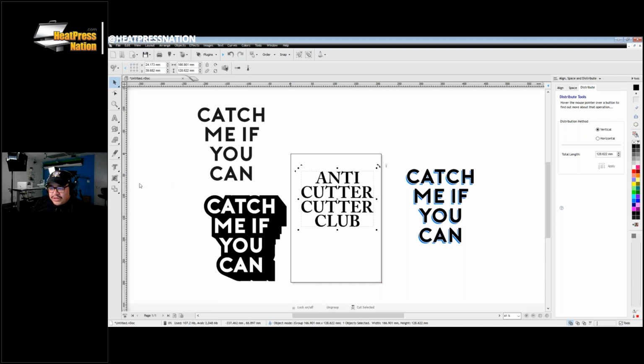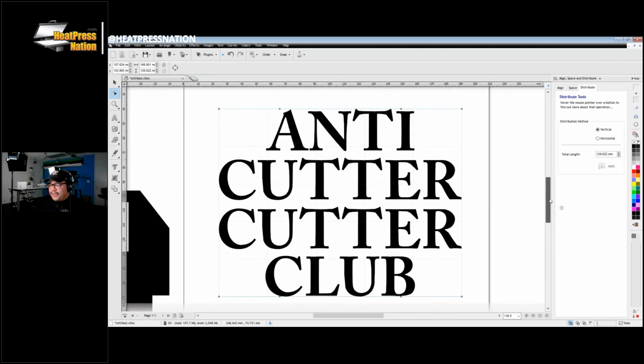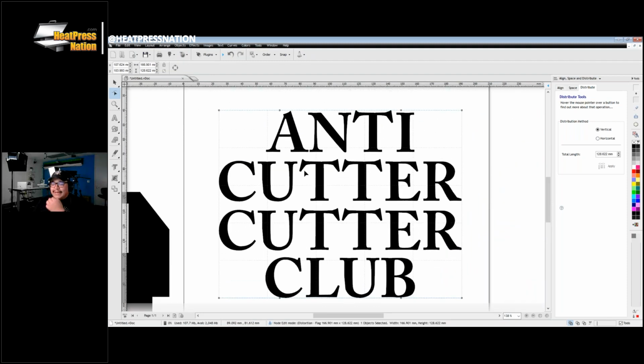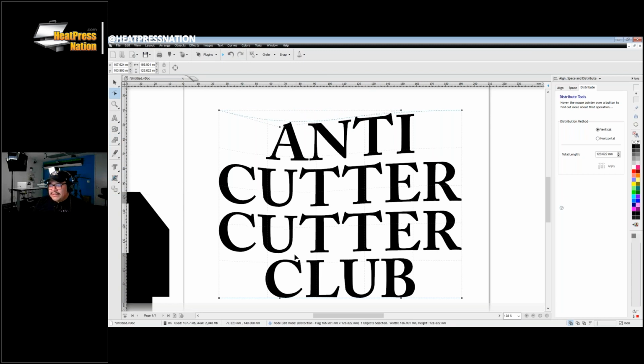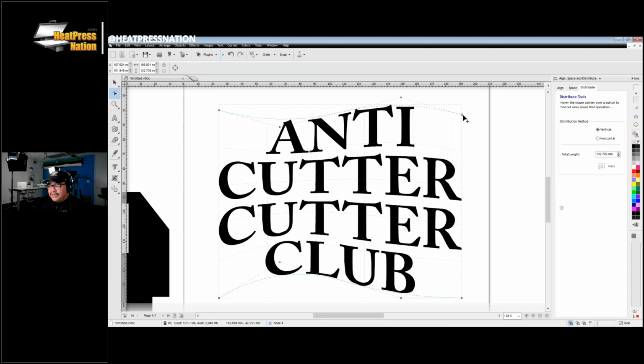Now here's a really fun tool. And again, in other vector design software, this is not that easy. So we're going to have the flag module, right? And let's zoom in so you can see exactly what I'm doing. So I clicked my shape, or in this case, my text, and then I clicked on the right here, the distortions. And now there's these little points that I can adjust. And now you see here,